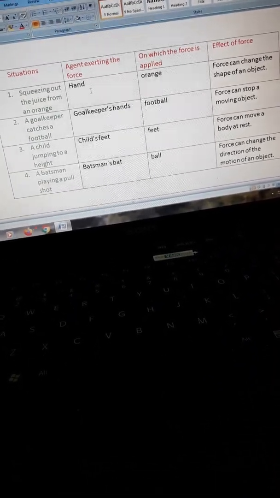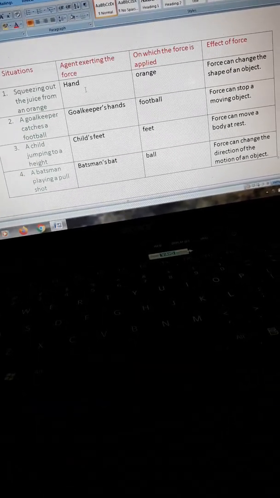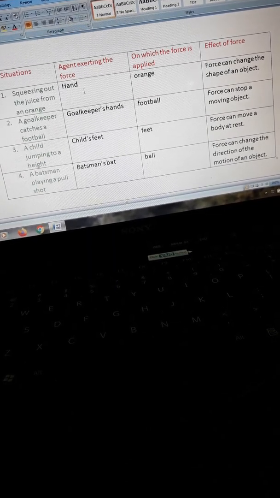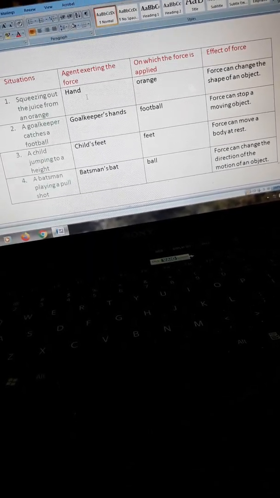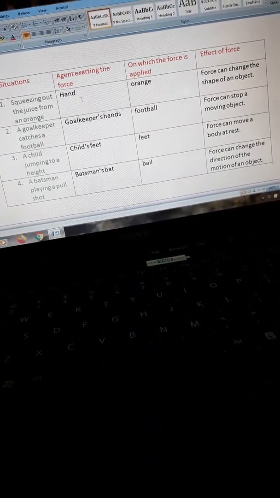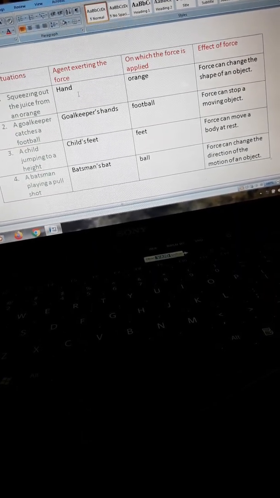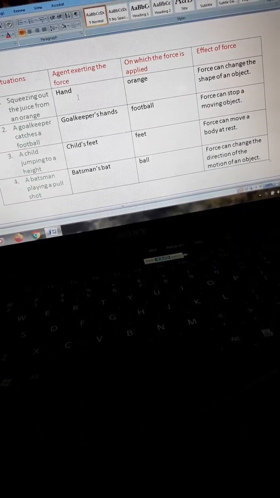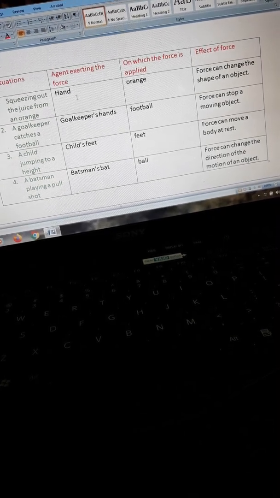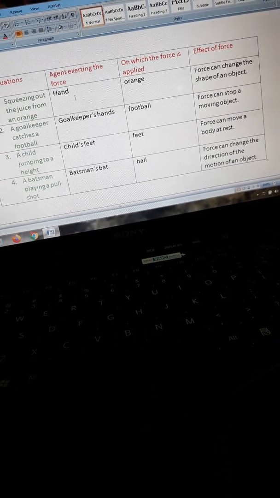Okay, so I hope you can understand. In this exercise, all the questions and answers I have discussed now. So please read properly and do it in your classwork copy, and next day I will take a short test on this topic, force and friction. All of you please be prepared for the test. I will provide you one question paper, and I will tell you how much time I will give you, and please follow that instruction and do it.